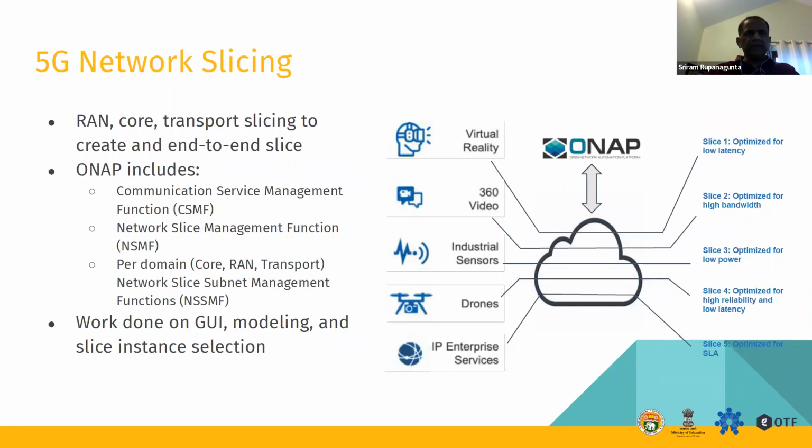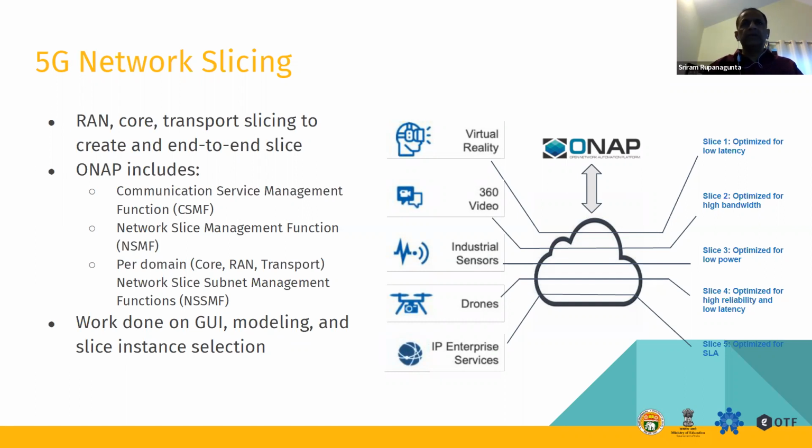So probably the last one is the network slicing. So this is again another use case that's getting a lot of attention, and ONAP supports network slicing, which essentially enables you to take the multiple domains in, for example, a 5G network, and create multiple slices out of that. Right. So this is one of the very important use cases for 5G, right, where you can take a single pipe and have multiple slices with different SLAs potentially.